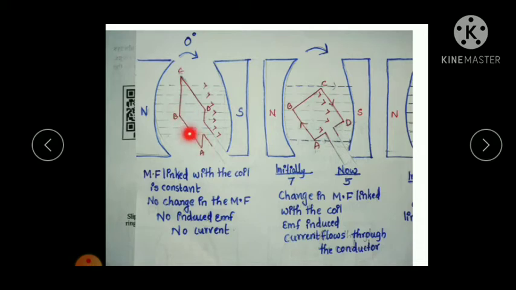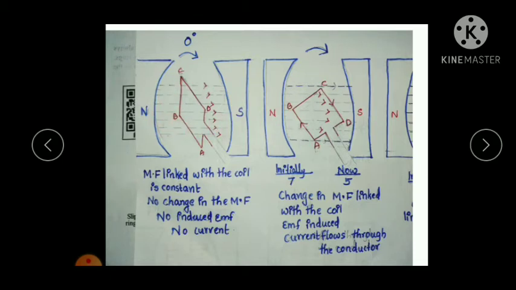Here you can see the armature coil A, B, C, D. At this particular stage, the armature coil ABCD is perpendicular to the magnetic field lines. So this stage is considered as 0 degree. Here you can see there are 7 magnetic field lines, and these 7 magnetic field lines pass through this